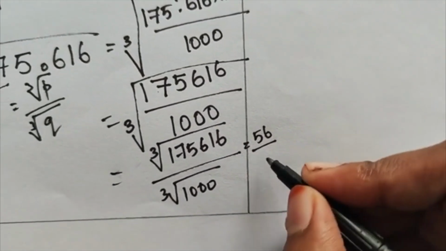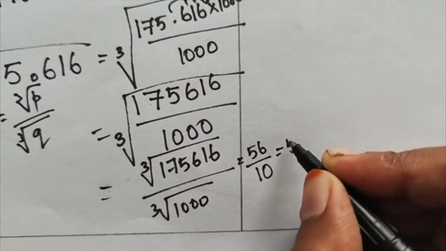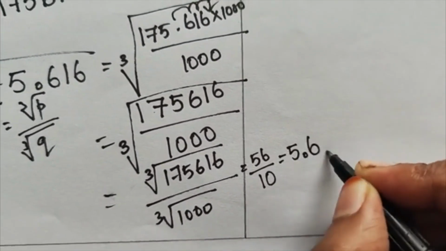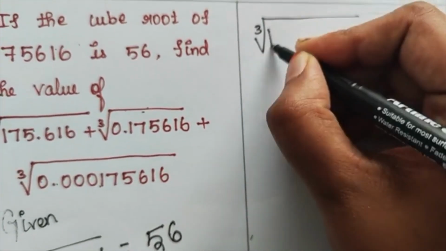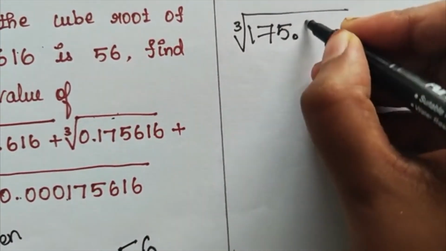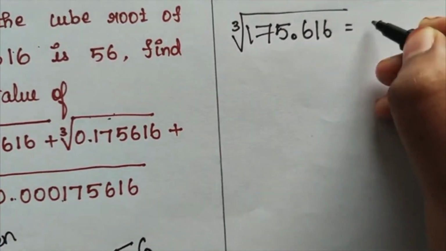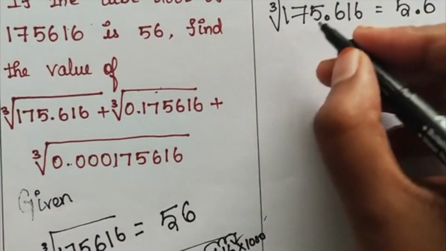What is cube root of 1000? Which is nothing but 10. Which is nothing but 56 by 10. This is 5.6. So we can write cube root of 175.616 is nothing but 5.6. In the same way for the second one,